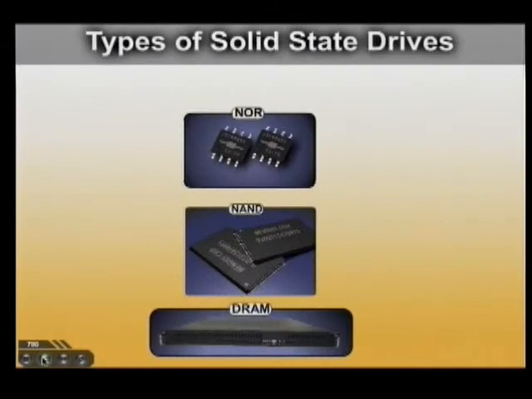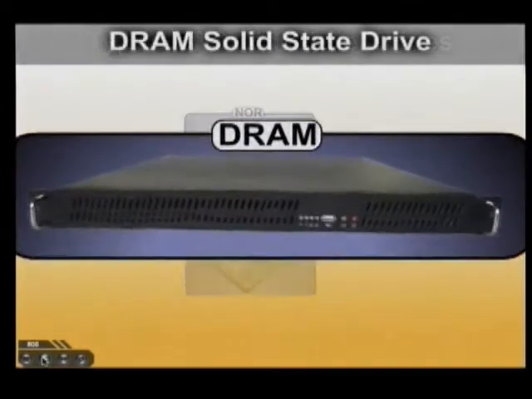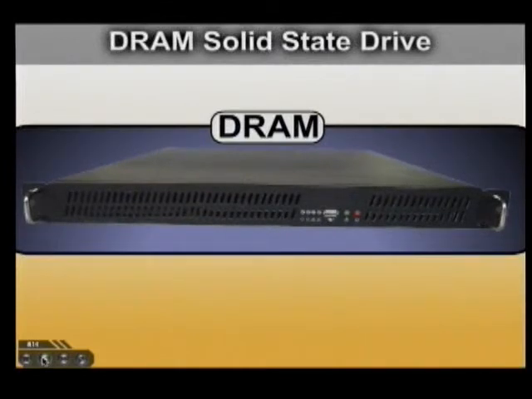So let's talk about the types of solid-state drives that exist. DRAM is the first one. This one has actually existed for like 30 or 40 years. It is a solid-state drive. This is what you'll see in your rack mount systems at like Wachovia or banking systems, where they have to do hundreds of thousands of transactions a second. The DRAM is basically the same RAM that's in your computer. And it is 300 or 400 times faster than even our current solid-state hard drives. Even the fastest solid-state hard drives that we have, the NAND cannot communicate anywhere near as fast as DRAM.